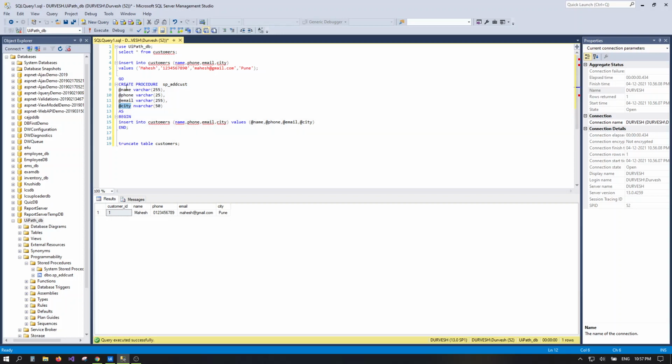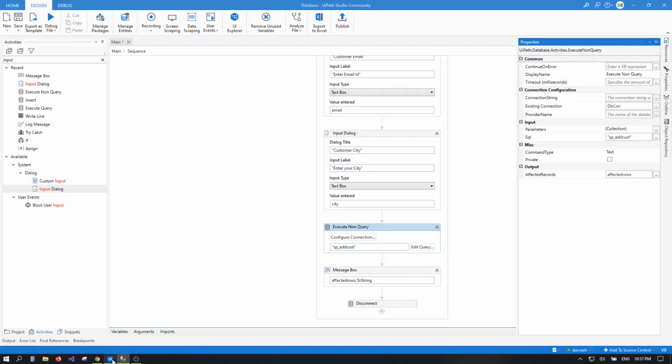These parameters we need to provide in the parameter section. In this stored procedure, we have fired an insert query.